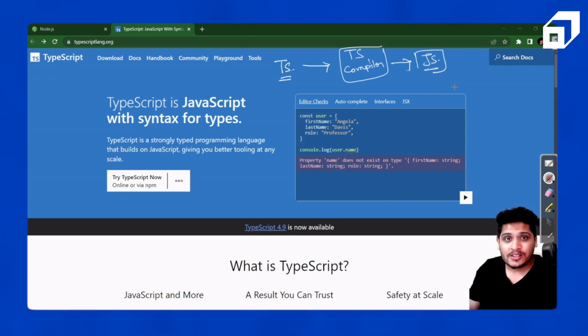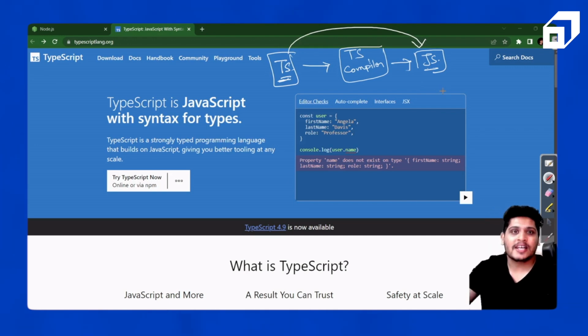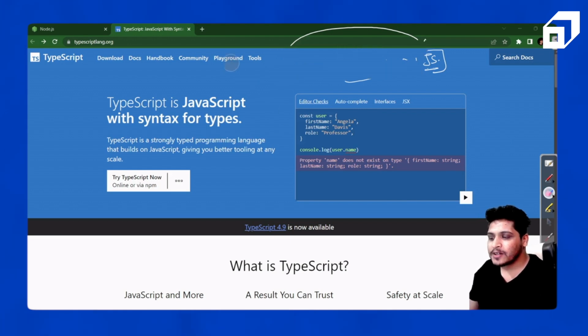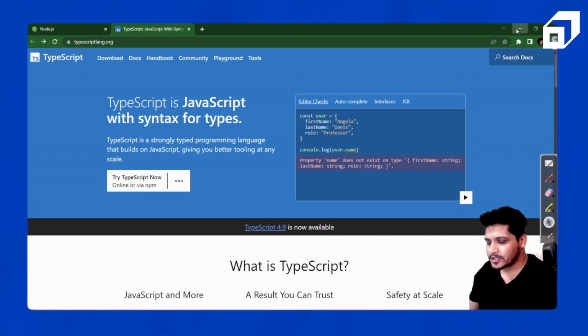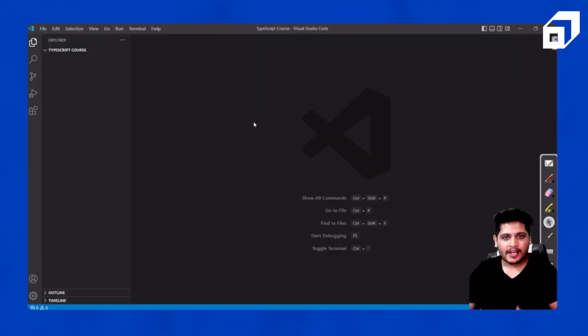Because our browsers don't know the format and syntax of TypeScript. So if you're running this on a browser, you need to transpile this to JavaScript so that your browsers can understand the language. That's why this process is needed, and we'll now be downloading the TypeScript compiler in our system. So for that, we are back in VS Code,